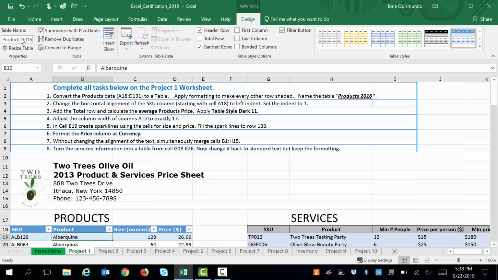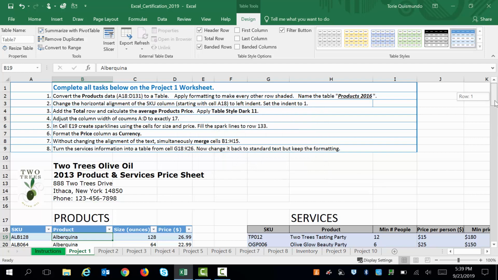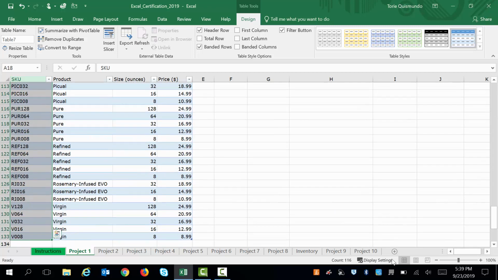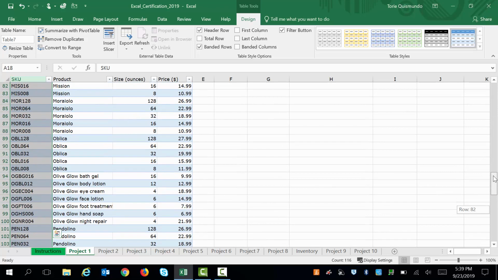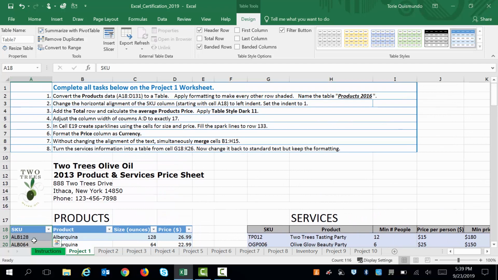Let's take a look at task 2. Task 2, change the horizontal alignment of the SKU column starting with cell A18 to left indent, set the indent to 1. Okay, so now let's go ahead and select cell A18, and it wants all of the data in column A, so I'm going to do this little trick again, Control Shift down arrow. And it will select all of my data. If not, I'd still be scrolling until I get to row 133, right? So I have selected my data,